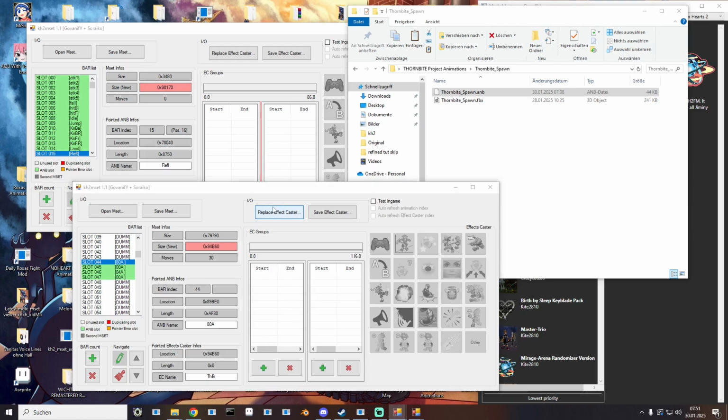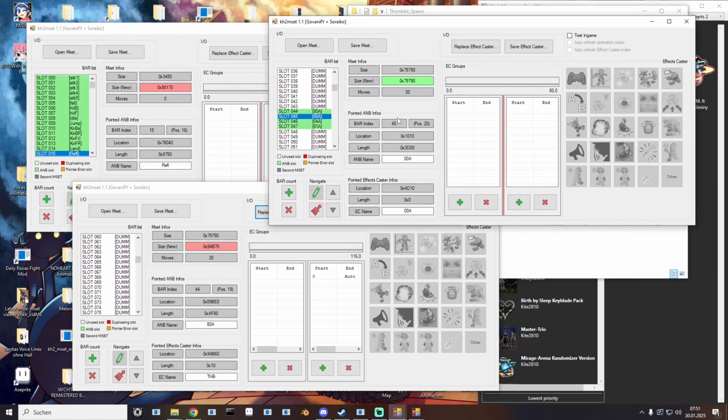So replacing the effect caster with a PAX effect and done. And I can scroll more down. I can always also just scroll the original down and see if there is something that I might miss. There's 78